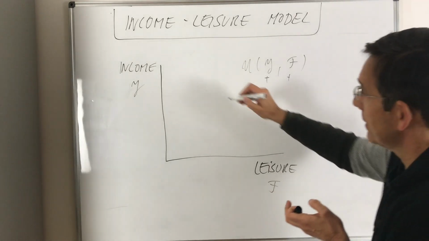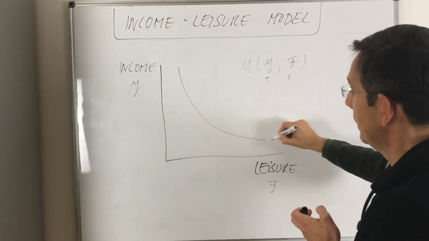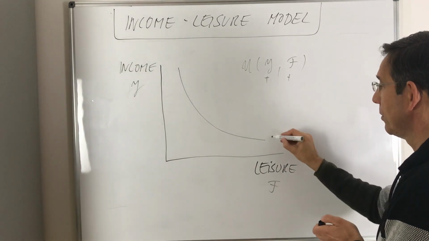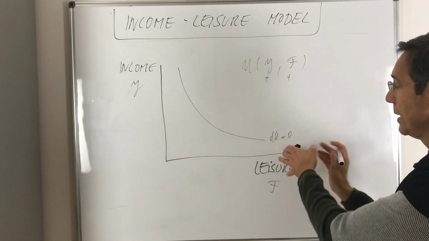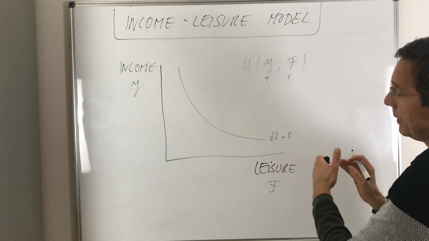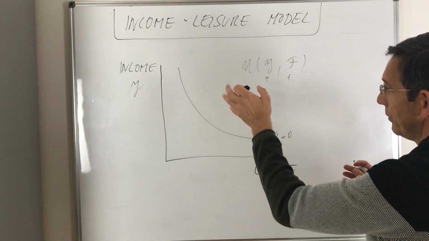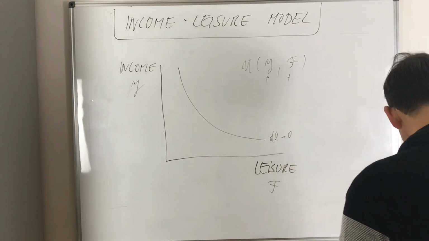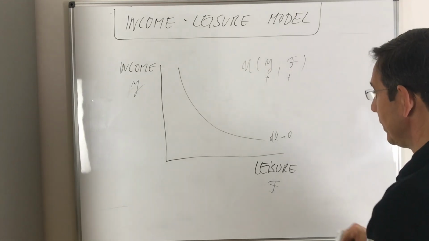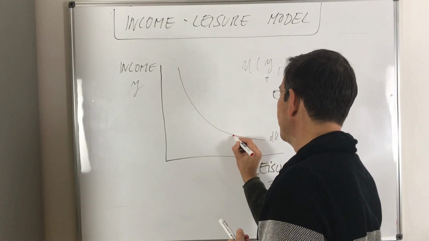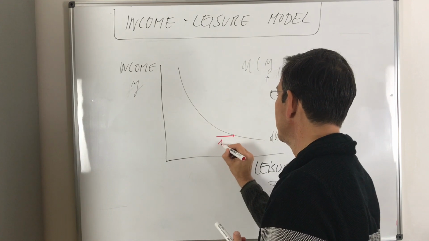And this ends up here in a negatively sloped indifference curve where the total differential is 0. So the utility does not change along the indifference curve, as you know. And the logic here is if you give up 1 unit of